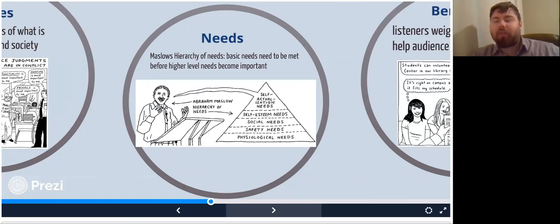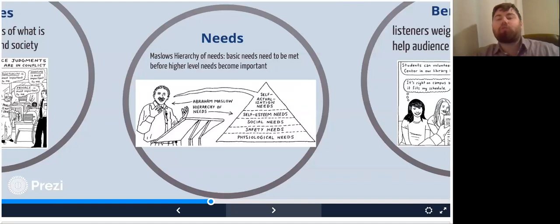Then after you have your physiological needs met, you need to have your safety needs met. You need to feel safe. You need to know that there's not a tiger waiting outside, ready to jump on you, right? So you need to feel safe and secure in the location that you're at, and to know whether or not your life is in danger there. So for example, in the time of COVID-19, with self quarantine and social distancing, they canceled school and moved it to virtual instruction because of people's safety needs.